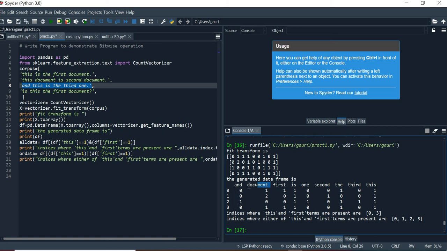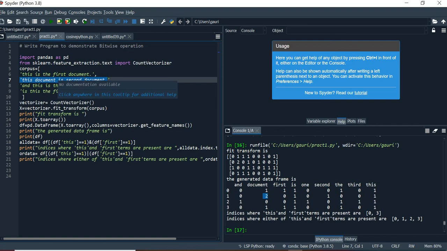Then the second one here is document. So you have to check whether the document word is present in index number 0. Yes, it is present in index number 0, so that's why I'm writing 1 here. Why are we writing 2 over here? You have to check whether the document word is present or not. Yes, the document word is present in index number 1, but there are two document words, 1 and 2, so you have to write the frequency. So this way you can fill this matrix, right? So this is your bitwise operation.